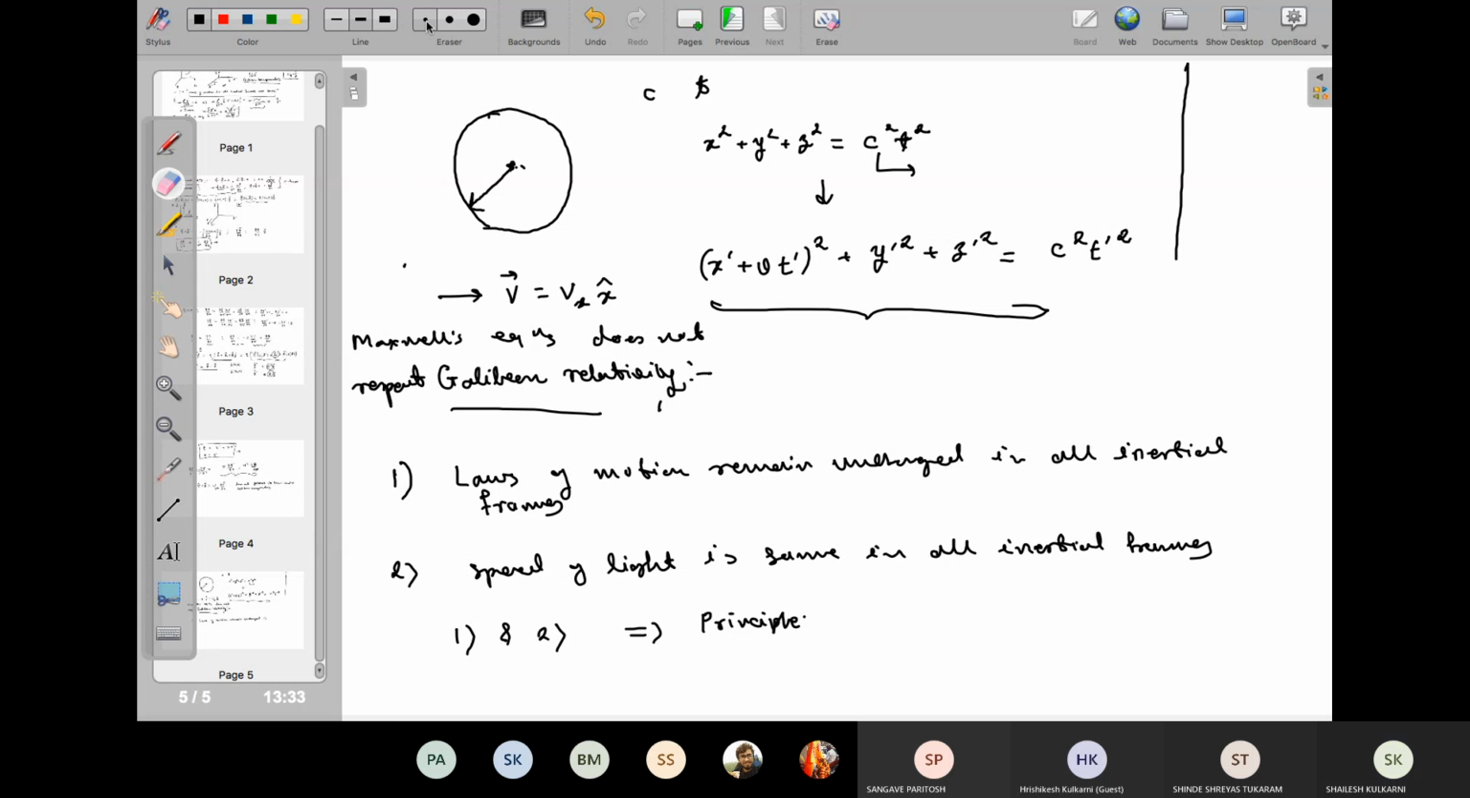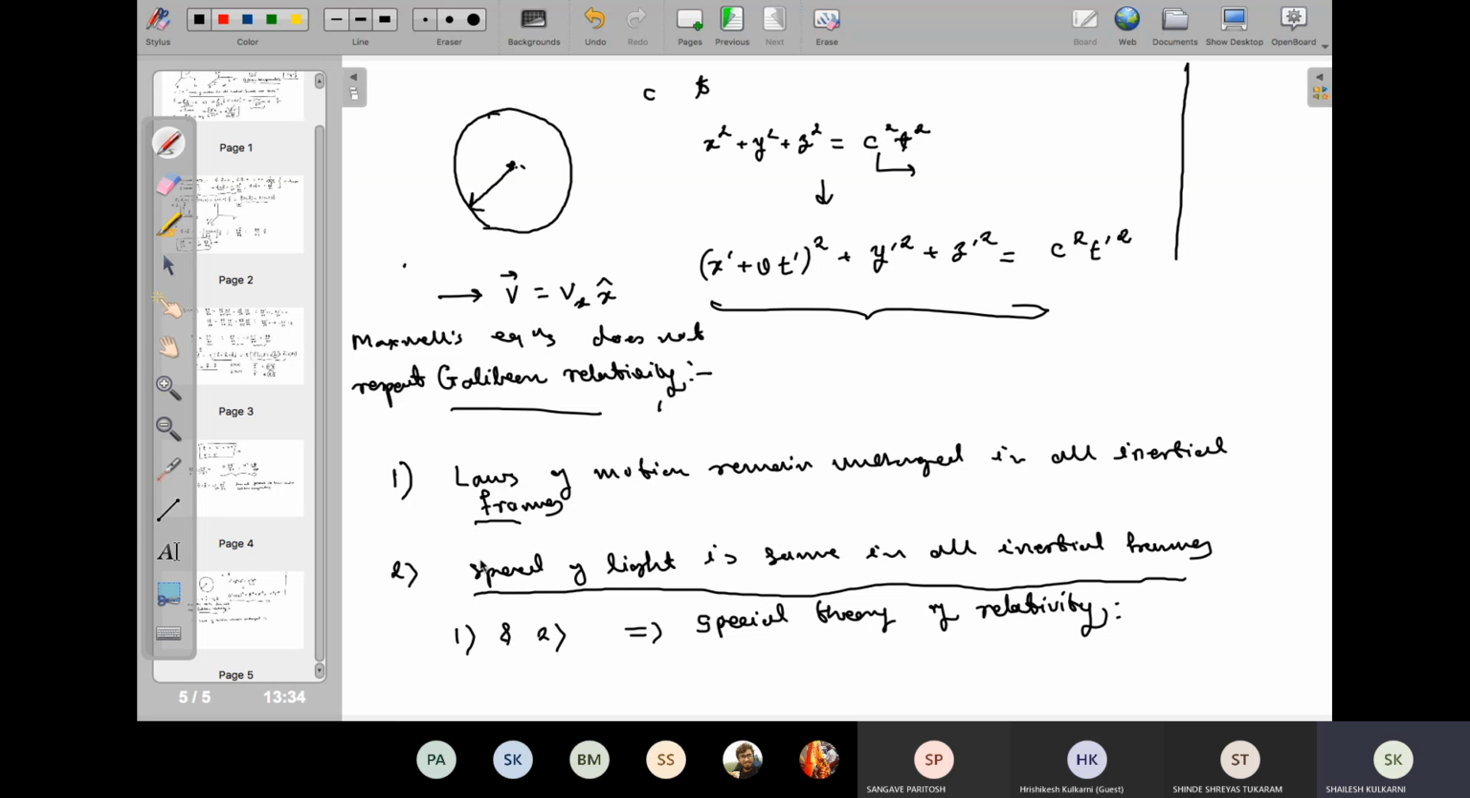We don't have to use all these jargons. These two statements constitute your special theory of relativity. Remember, this was there already. The extra point is this. And now because of this